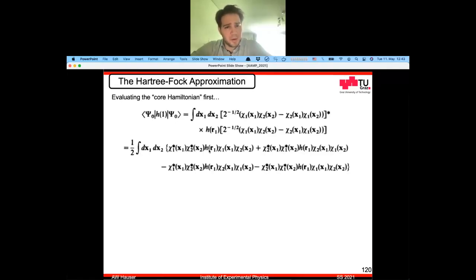But what about the other part, namely the integral over the second electron coordinate? In this case, the operator itself does not depend on it. So it's a direct meeting of the second electron part coming from the left with the second electron part coming from the right. And now we remember that we have chosen orthonormal orbitals, and this means that when looking at the second electron coordinate, if we come in with different orbitals from left and right, these expressions will be 0. So after integration over x2, these two terms here are 0, because you can see in the second electron coordinate, for example here,